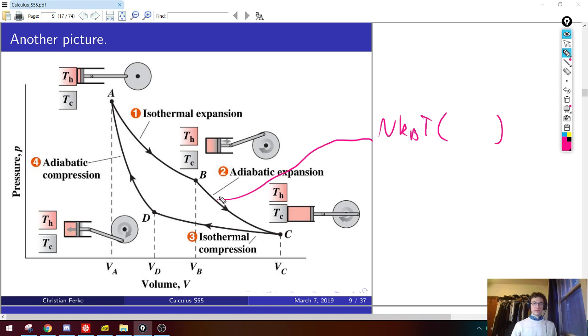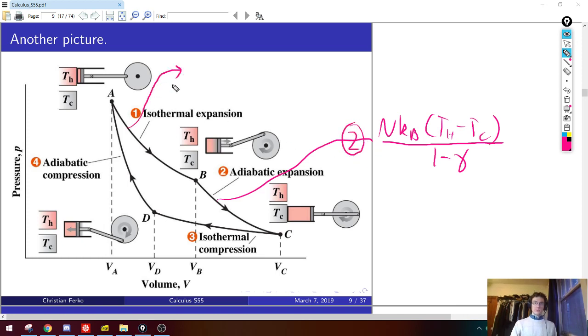So what's the temperature difference on this adiabat? Well, I think he started at T hot and ended at T cold. So this should be NKB times T hot minus T cold over 1 minus gamma. Right, and again, that's positive because he's expanding on this leg. Okay, I should try to label these a little more cleanly so we don't lose them, but this is on leg 2.